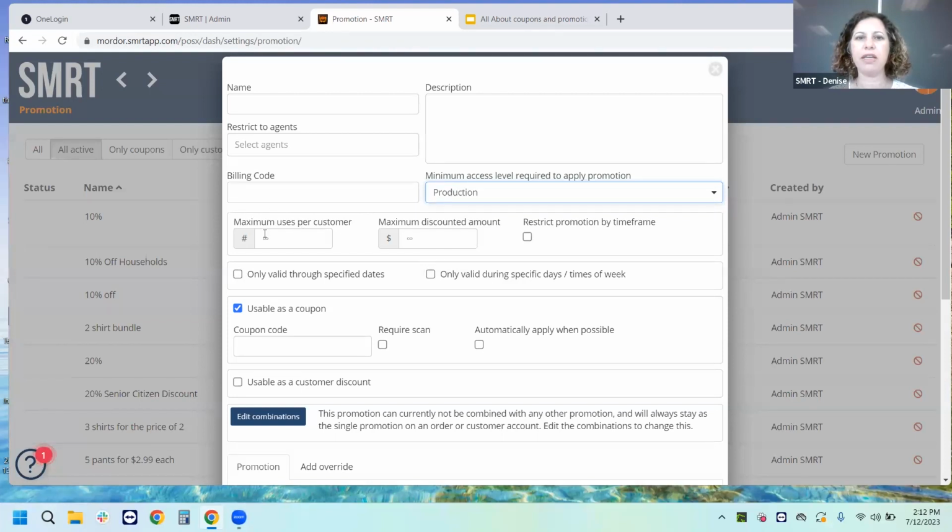Next, we have the maximum uses per customer and a maximum discounted amount. This just puts limits on how many times that this coupon can be used. So let's say you put a 1 here and a customer uses this coupon, they will no longer be able to use it once they've used it once. And again, if you put in a dollar amount here, you can restrict that customer to only getting $10 off from this promotion,